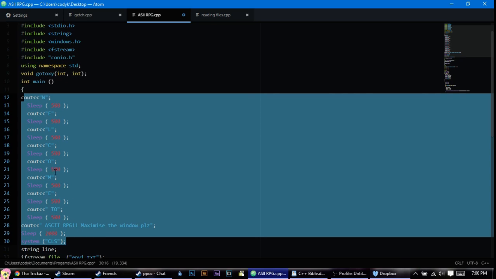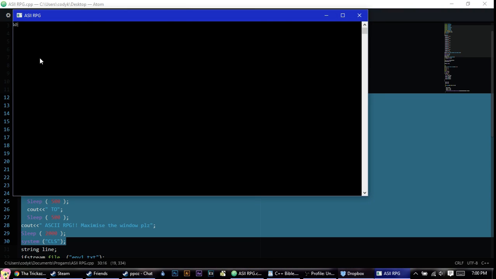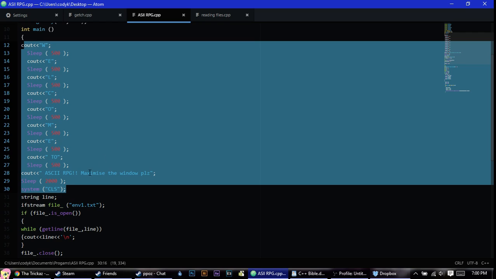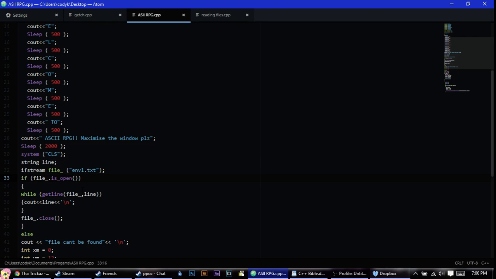Yeah, so this chunk of code right here is basically the welcome to ASCII RPG, because that's what it is, and you maximize the window, and it's basically just an output. So if I start the program, it'll slowly output welcome to ASCII RPG, maximize the window, please. Next is